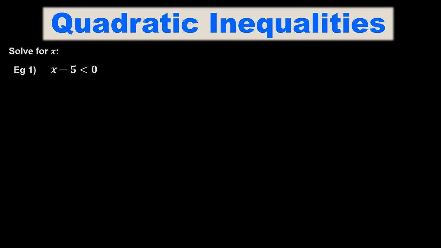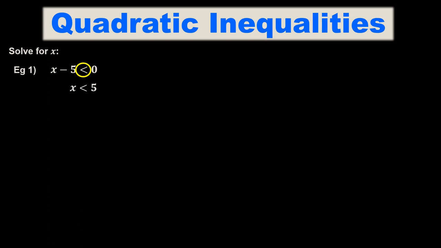In this presentation, we're going to learn how to solve a quadratic inequality. Example number 1 reads, x minus 5 is smaller than 0. Now this is not quadratic, but it is an inequality because of the smaller than sign. So we want to know when will x minus 5 be smaller than 0. And it's easy enough to solve. We can just take 5 over to the other side, and if x is smaller than 5,